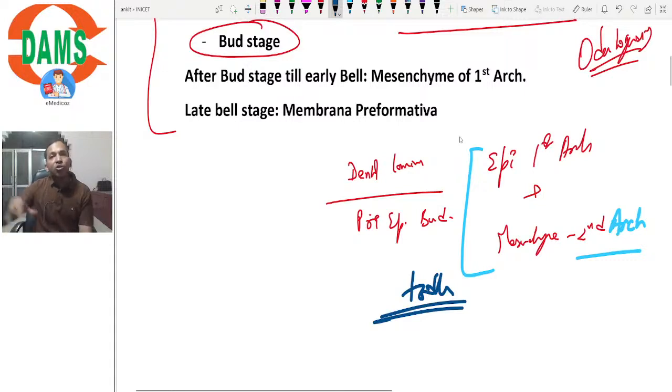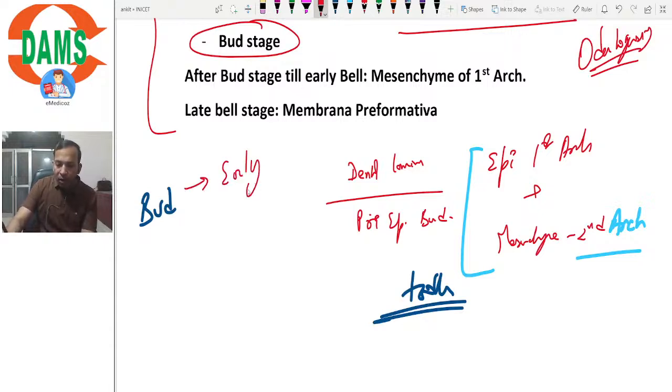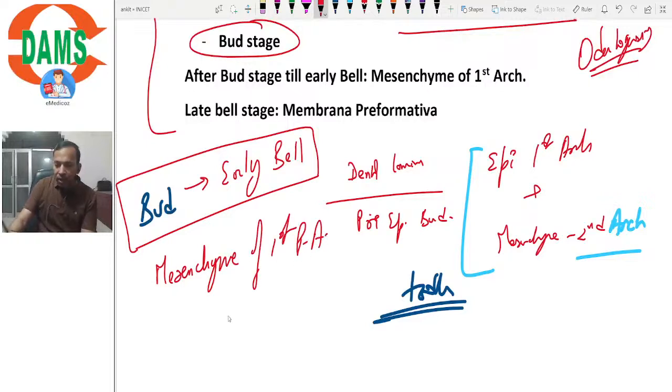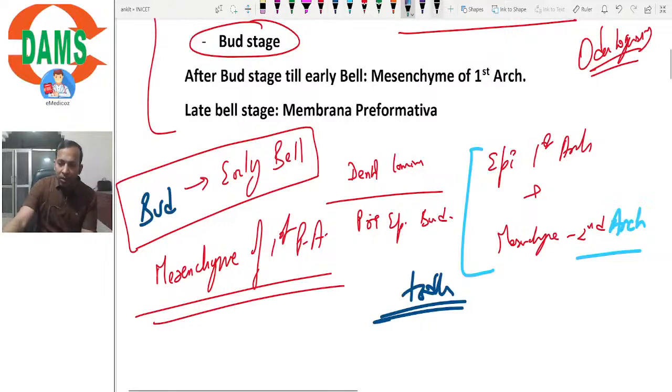After the bud stage to the early bell stage, right? Bud to early bell. So during this stage, it is the mesenchyme of the first pharyngeal arch that retains the odontogenic potential,